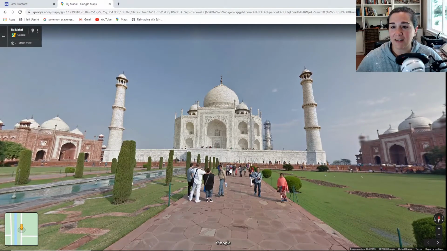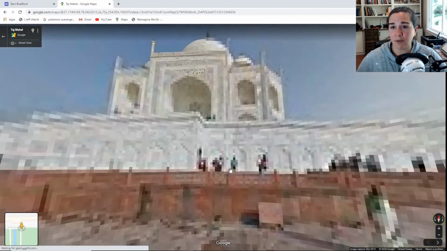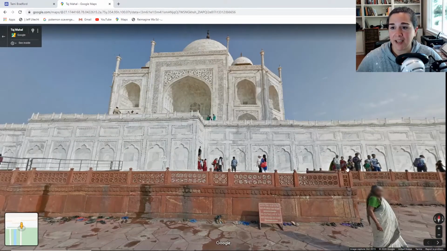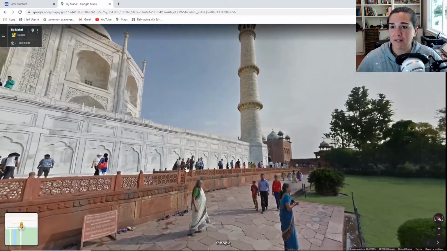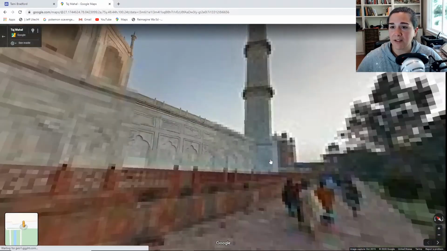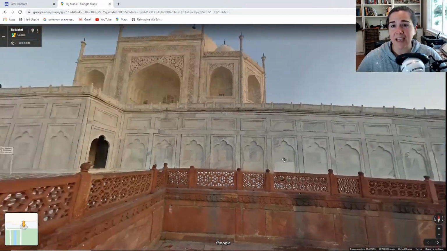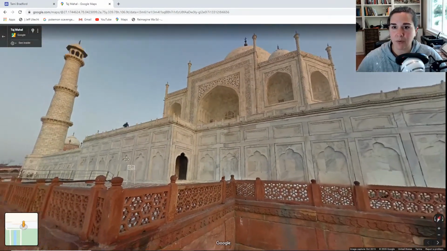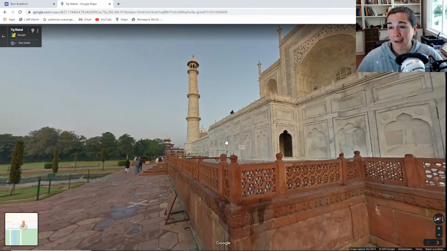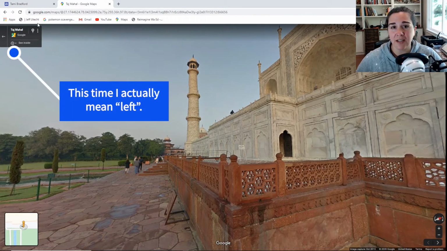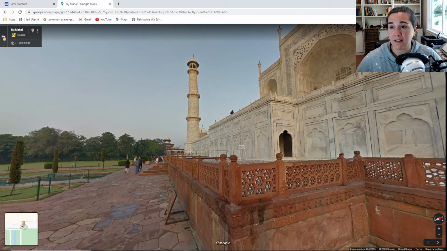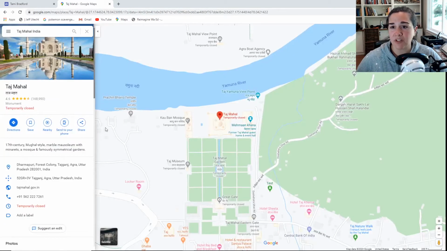And I can double click and it will bring me closer. And I can turn and double click again to look around. Now, if I say, hey, this looks really cool, I love what this looks like, but I want to get out of this. How do I get out of it? Up on the top left hand, there will be a little box that tells you where you are with a little back arrow. I'm going to click on the back arrow, and now it's going to bring me back out